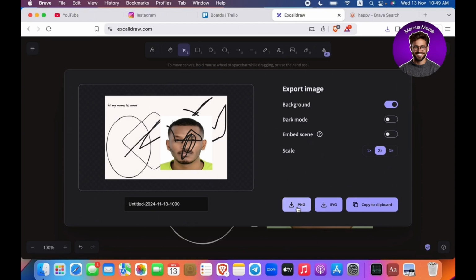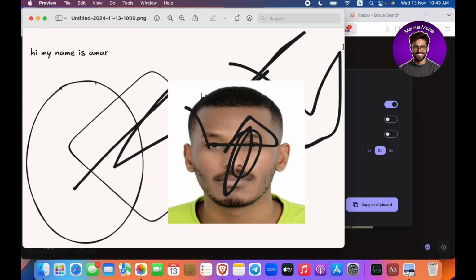So I could just hit save, and basically I can save it, and now as you can see, the photo